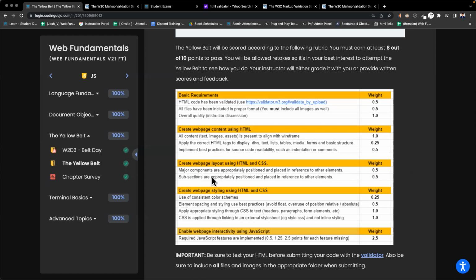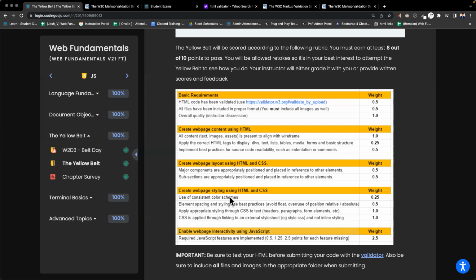Okay, subsections are appropriately positioned and placed in reference to other elements. Okay, so the subsections of your code, the minor parts, are positioned well in reference to other elements. You know that if you don't position them well, things will be out of order anyway. So name them appropriately and put them in the right place.